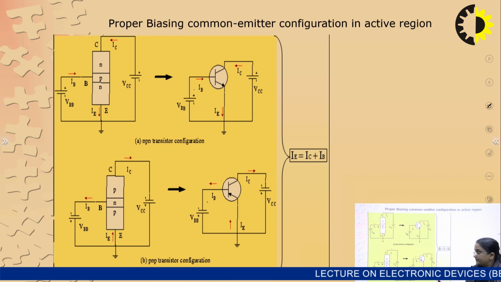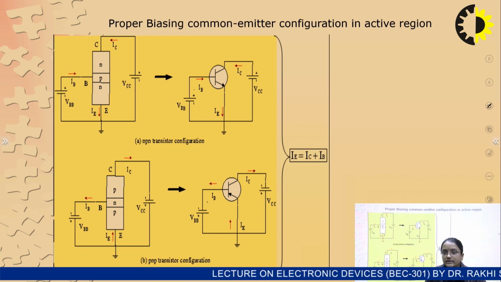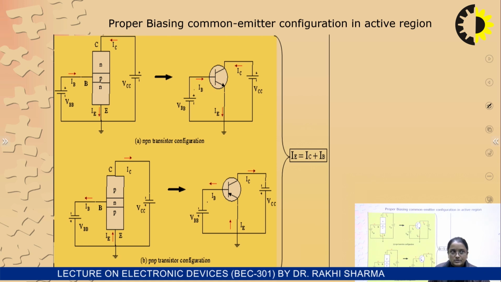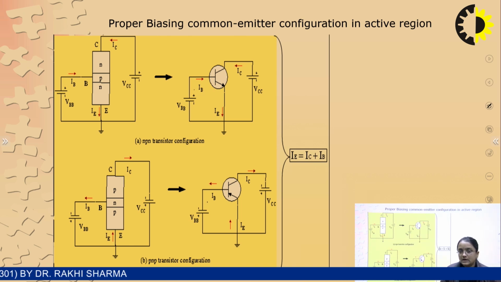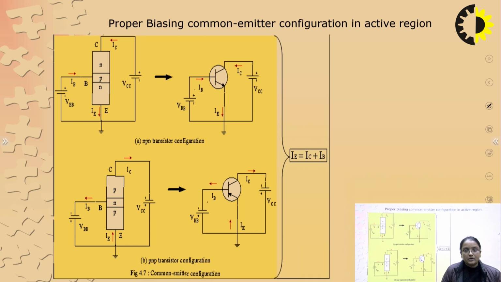These are the circuits. Basically, if you know the basic circuit of all three configurations, then it will be easy for us to draw the input and the output characteristics of the BJT. So first of all, what to remember in all the configurations is the basic circuit diagram, and we differentiate these configurations based on which terminal is grounded. That is, in common base, your base terminal is grounded. In common emitter, your emitter terminal is grounded.